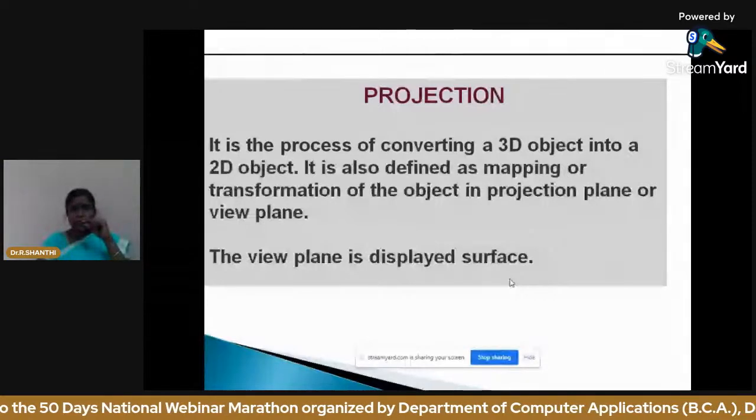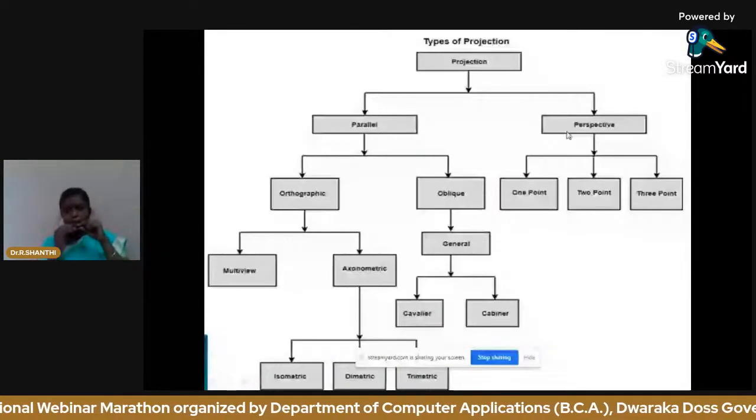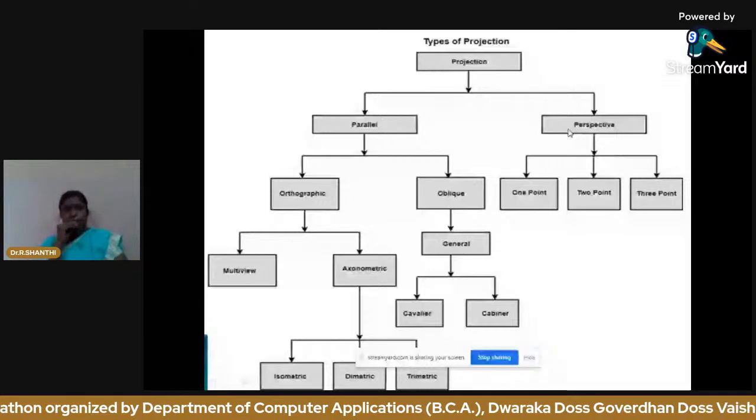In perspective projection, it will be adding some of the